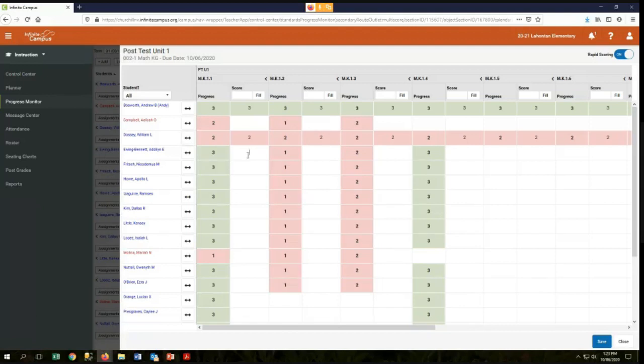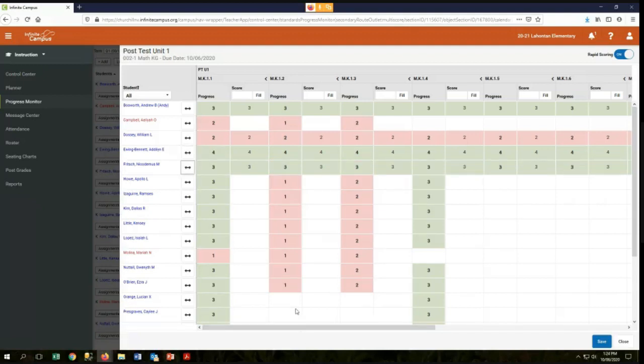This student was a 4. This student was a 3. So you can see that before you begin to use this autofill option, it really is a good idea to